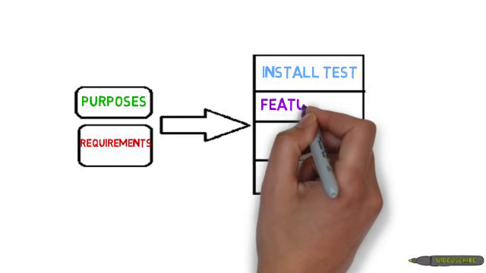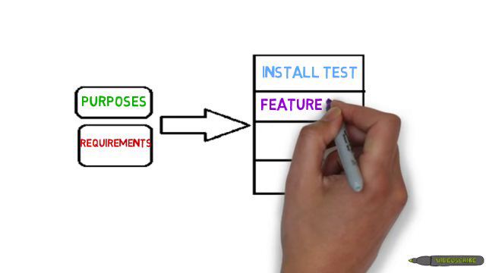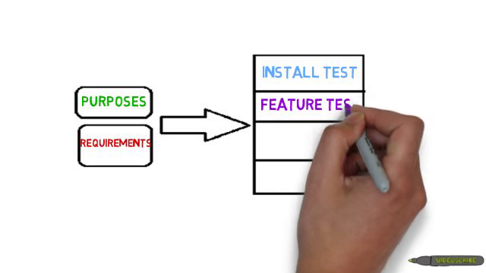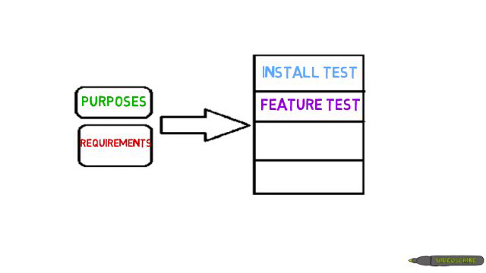Next is feature testing. This is the heart of game testing. The list of game features is taken and each game feature is tested as exhaustively as possible. The tests are at multiple levels. For example, there can be high-level tests for tasks in the game. For example, going through every level of the game and winning the game.